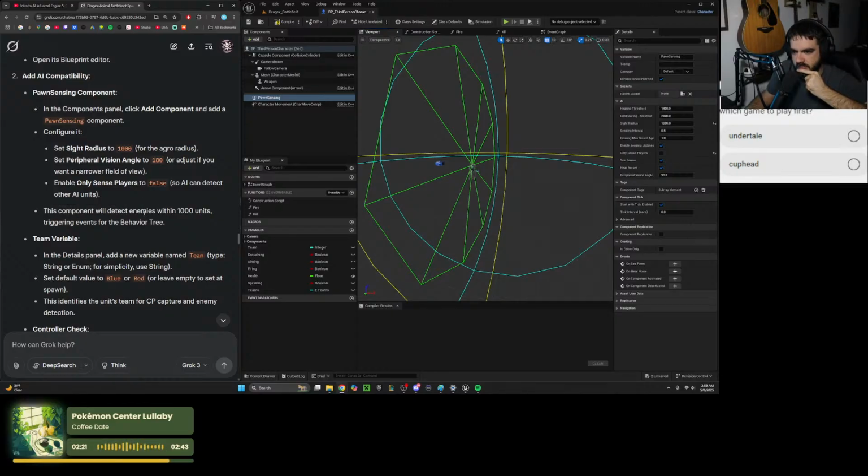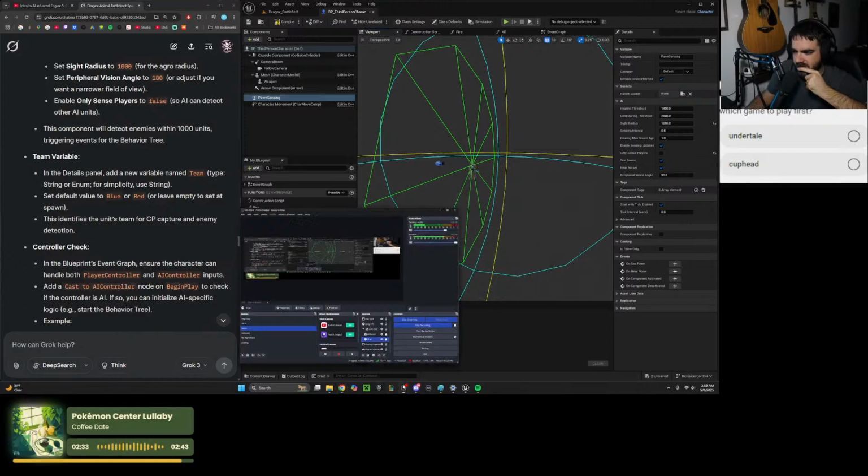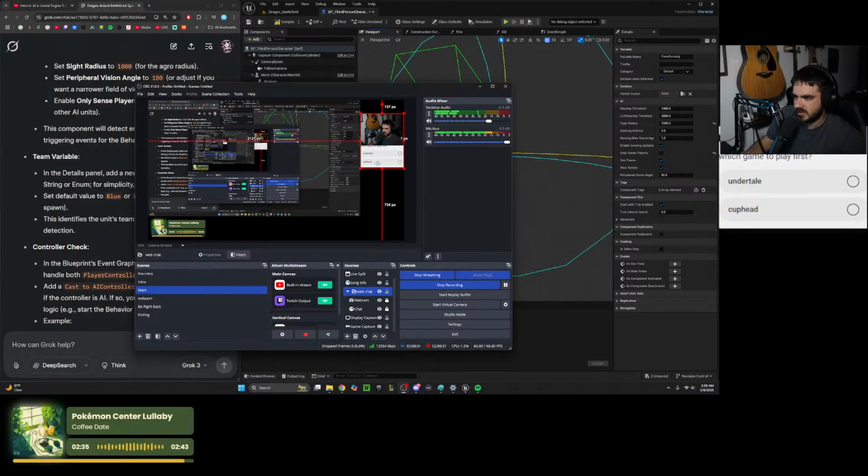Okay, this component will detect enemies within, okay. Team variables in the detail panel. Add a new variable named team. Type. You know something I noticed? Yeah, actually go ahead and